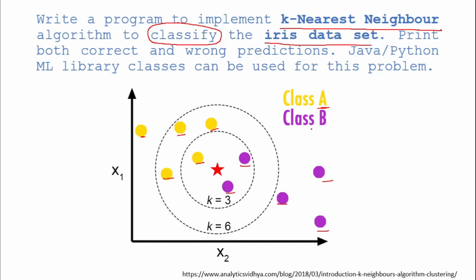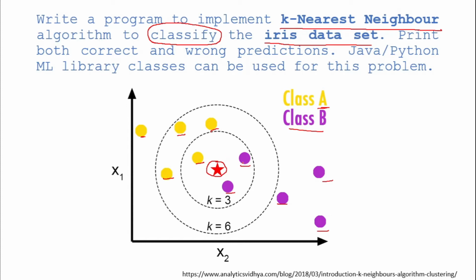These 5 data samples belong to the violet category, that is class B. So if I want to classify my new data point, that is the star, into yellow or violet, meaning class A or class B,